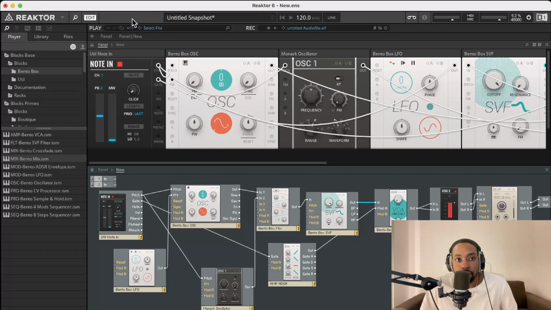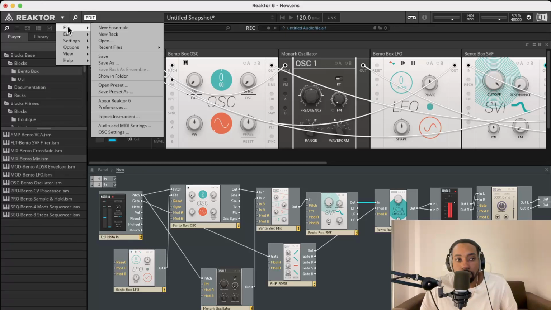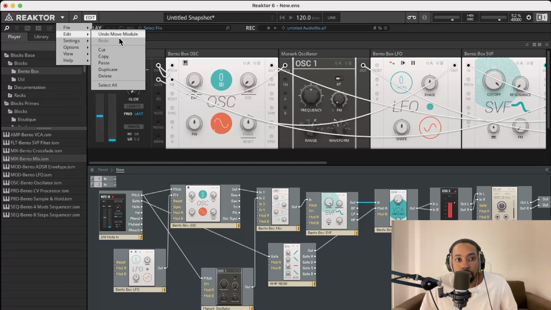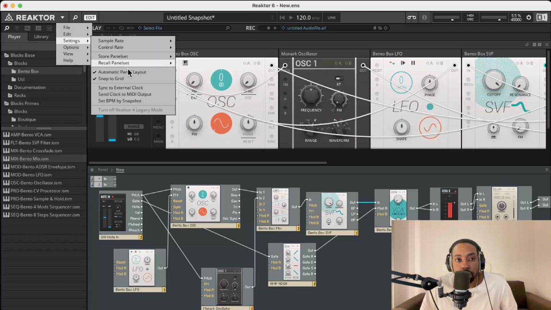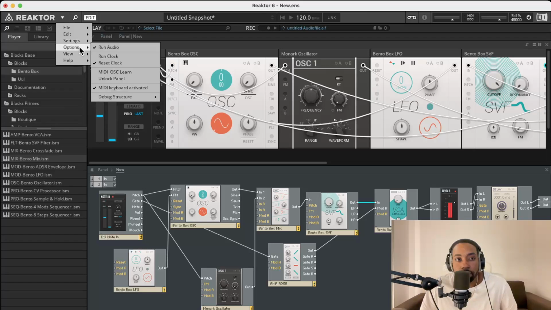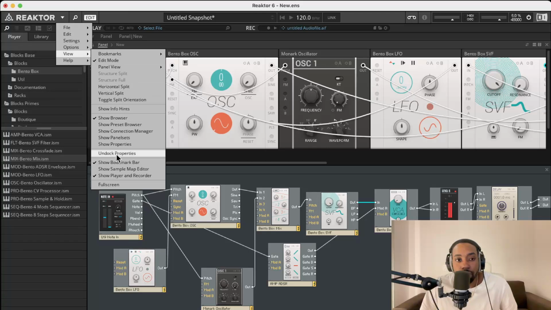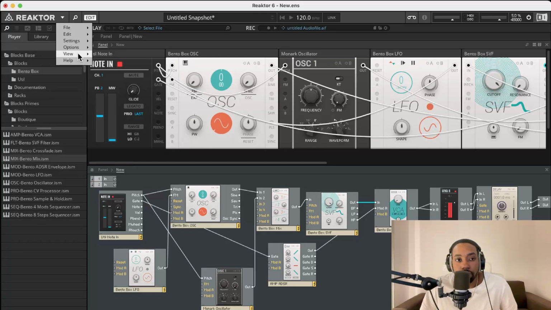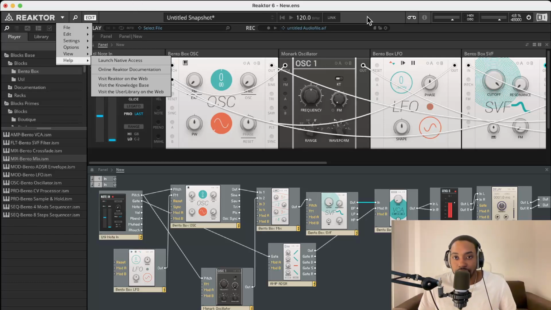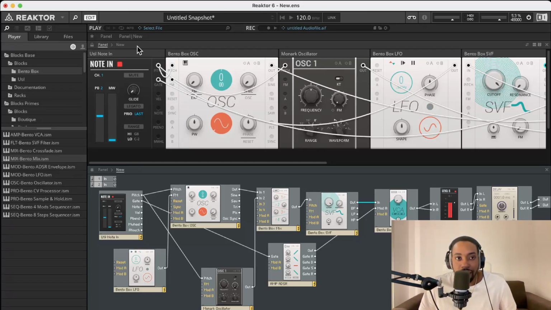Edit, file. Okay. View. Can't find the wires right now, but I'll definitely get back to that and give you guys an update on how to do that. So we'll just continue with connecting,